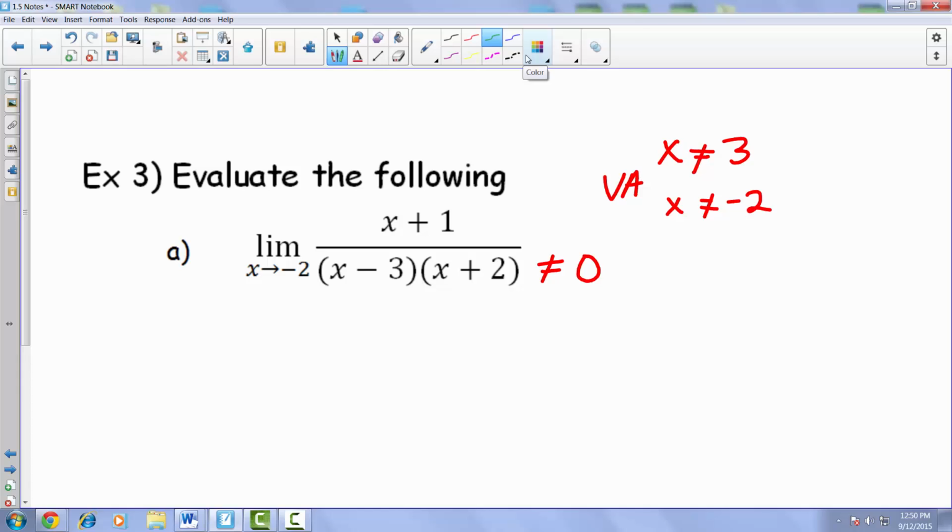So now let's look at these limits one-sidedly. We have the limit as x approaches -2 from the right side of our function, x plus 1 over x minus 3 times x plus 2. Again, we're trying to see if that method works for our one-sided limits by plugging in values and looking at the signs of these. So if we were to choose something to the right side of -2, maybe like 0, if you threw 0 in here, we'd end up with a positive